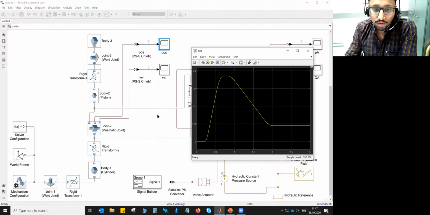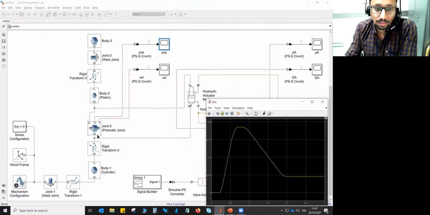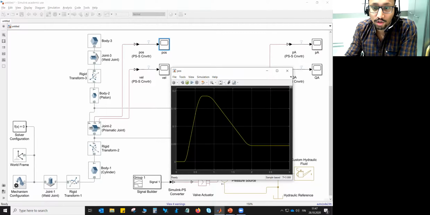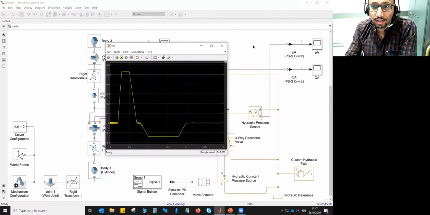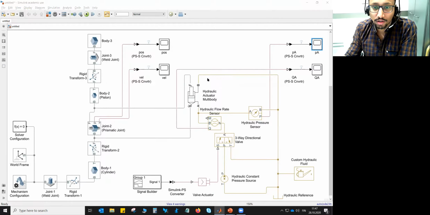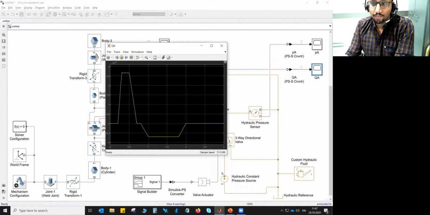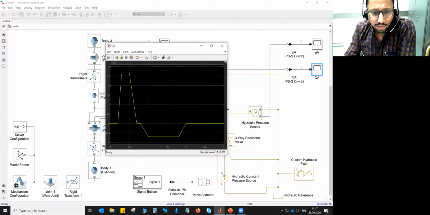Obviously, it starts at 0 because the way we have connected the hydraulic actuator with the prismatic joint helped us define the 0 position. Similarly, we can see the velocity, the pressure, and the volume flow rate. The volume flow rate is quite similar to the input signal that we gave.